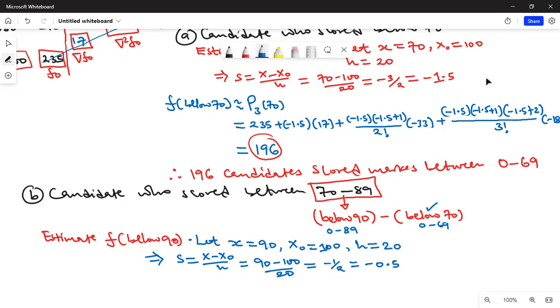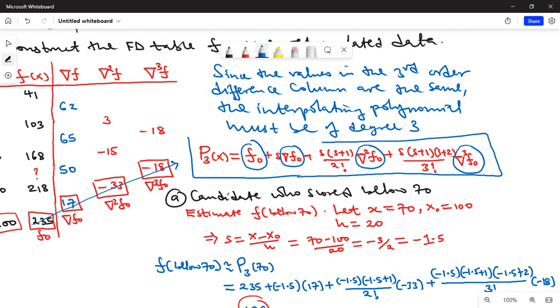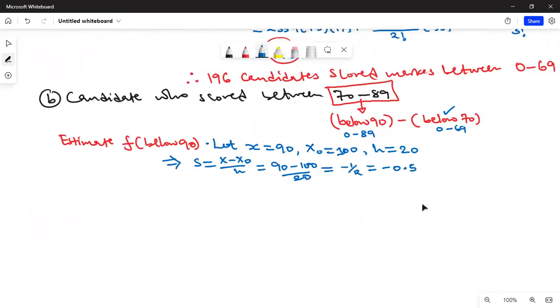Now, when you substitute into the formula, look at our formula, this one. We replace them here, and we have everything. We know the value of s, we know the value of f naught, delta f naught, all the way up to delta cubed f naught. The same values. We only change the s. So you can say, therefore, f of below 90 is approximately equal to P3 of 90, and that is equal to,